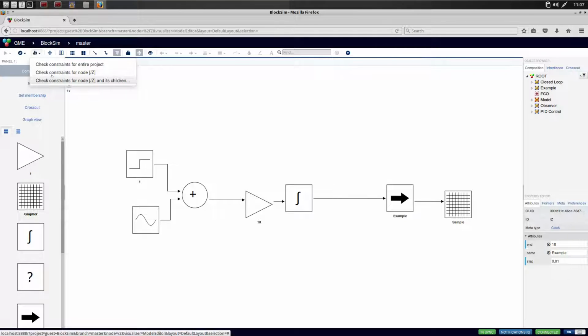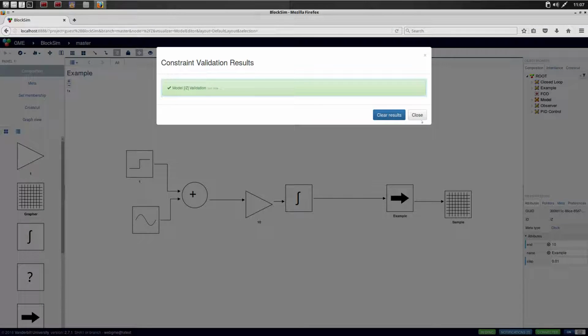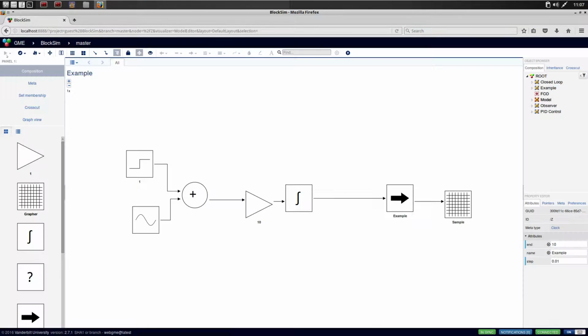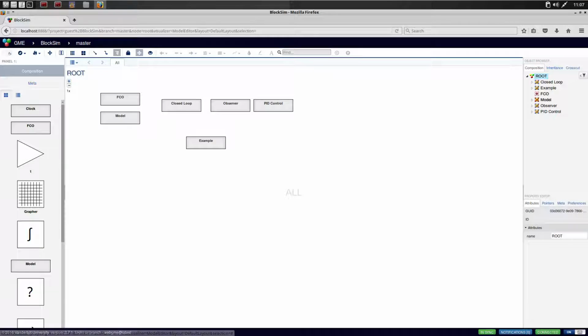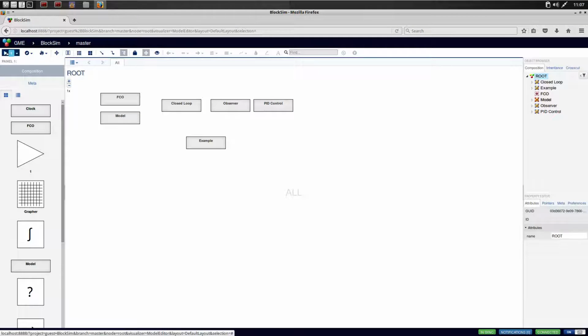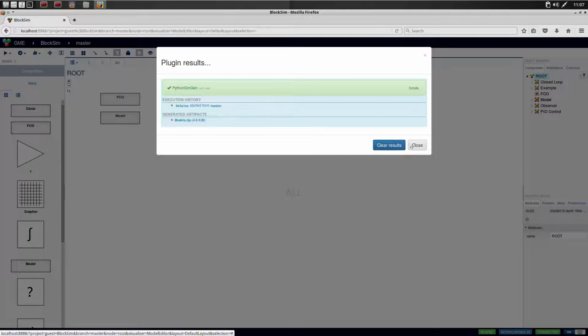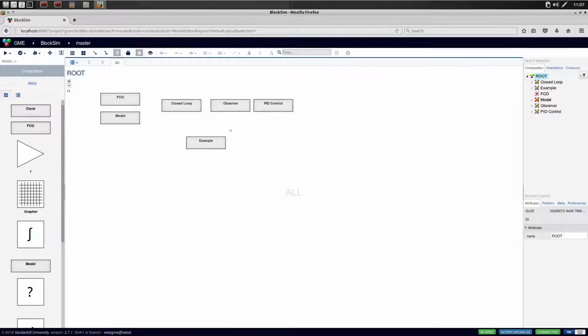And then they'd check the constraints, and it meets the constraints, so it's ready to be built. So then you'd return to root, run Python SimGen to generate an output, which is a zip containing all the models present here. Now to show off what it can do, there's three models here, one of which is a